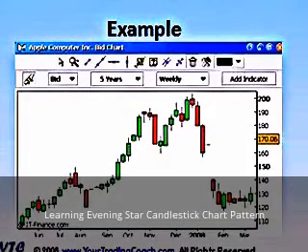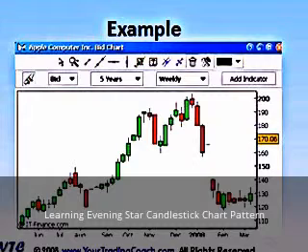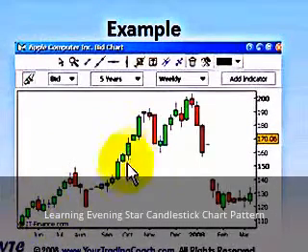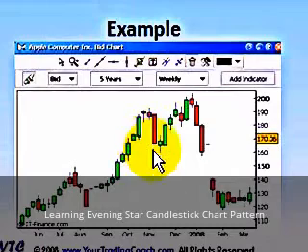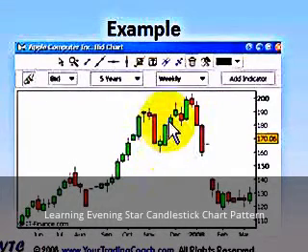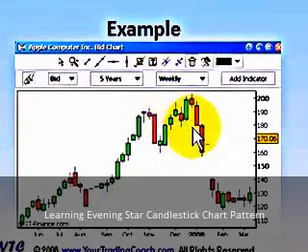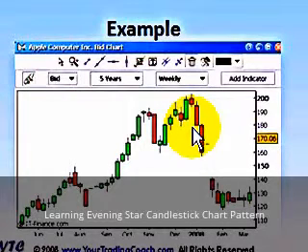Second example, Apple weekly chart of the recent highs around November 07 to January 08. Uptrend. Possible evening star if you allow for two small body candles at the top. I actually don't mind that. However, this pattern then failed and pushed price just a bit higher, leading into another evening star to open up